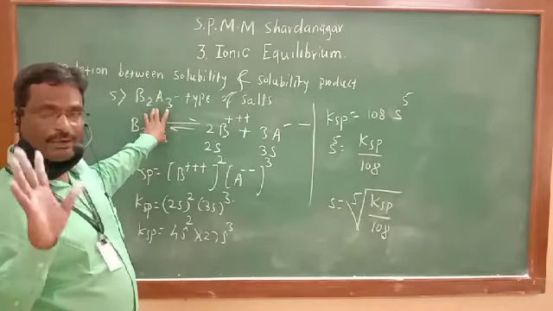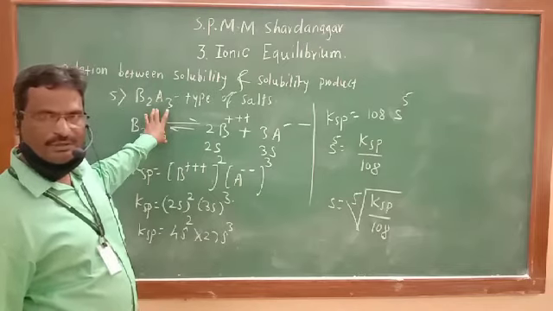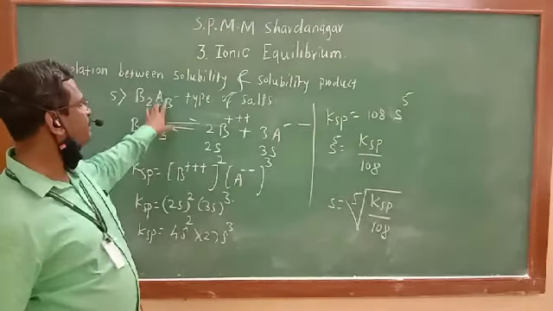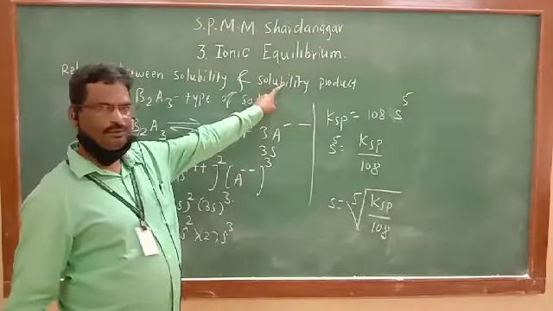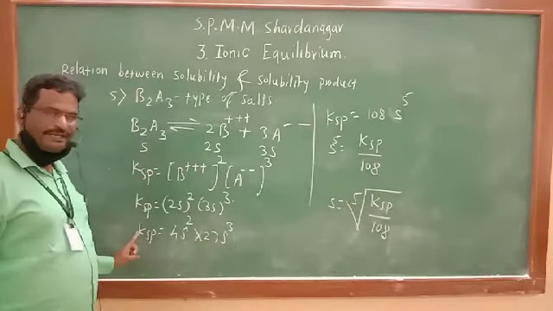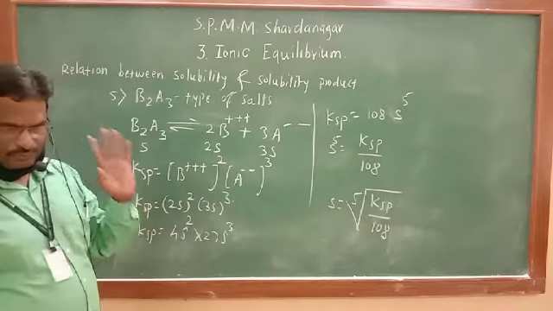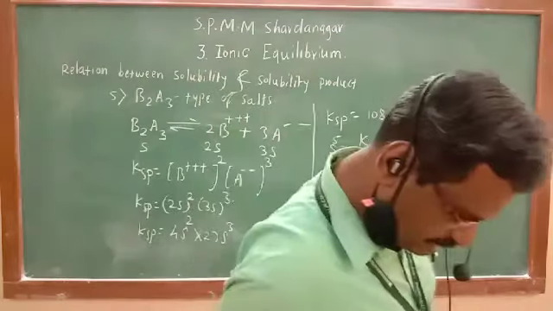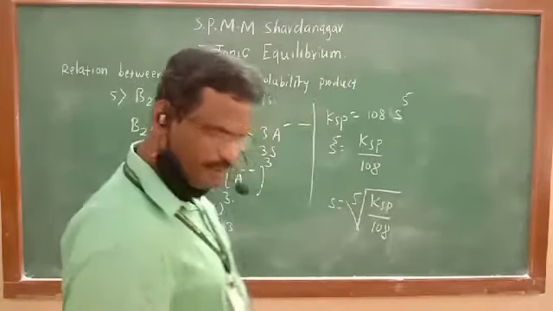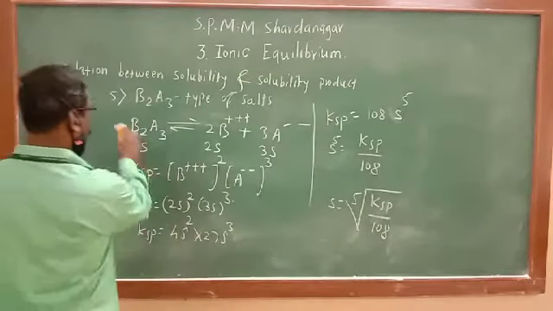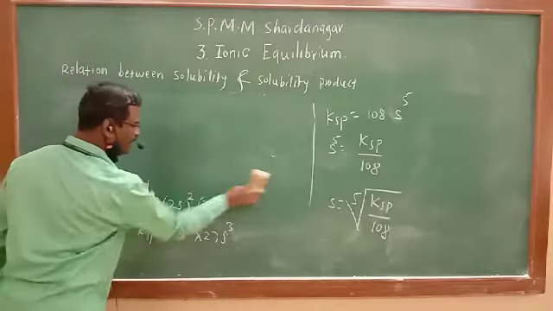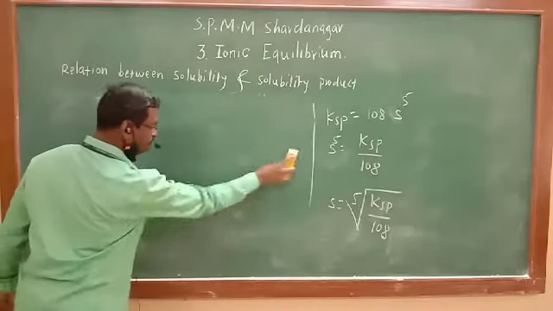So these are the 5 types of salts in our syllabus for which we can write the relation between solubility and solubility product, where S is solubility and Ksp is solubility product. Those are 5 types of relations for different types of salts. We have seen buffer solutions. In buffer solution, we don't have to derive one equation. They have given the direct equation for pH of buffer also.